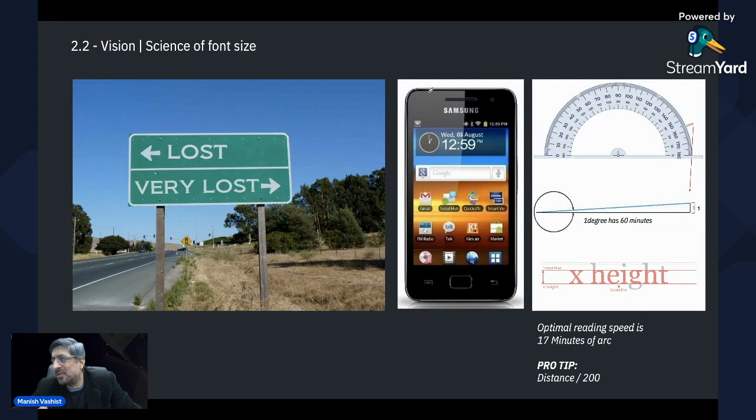That's a pretty common challenge which designers have. What font size should I use? And there's a science behind choosing a font size, and I'm really sorry, I'm going to go a little deeper into